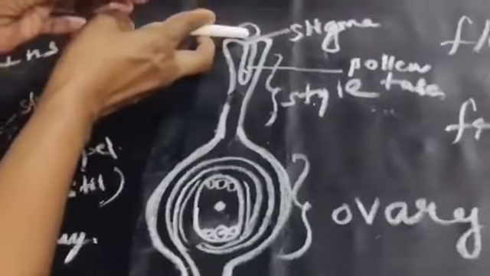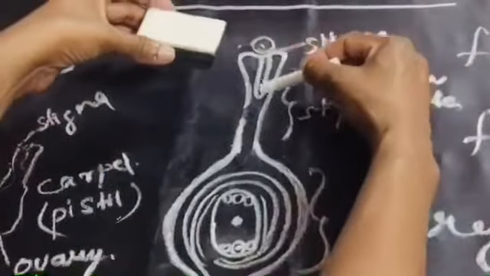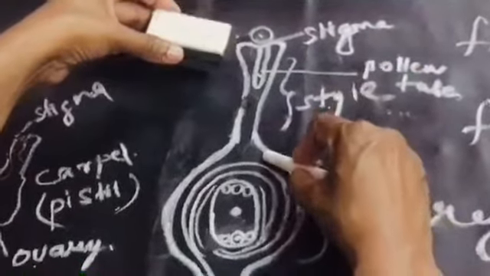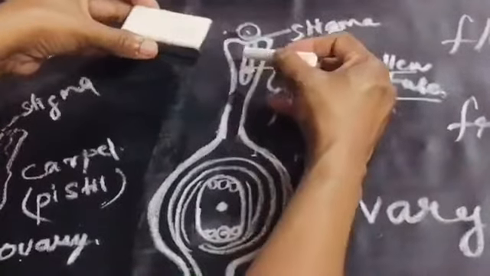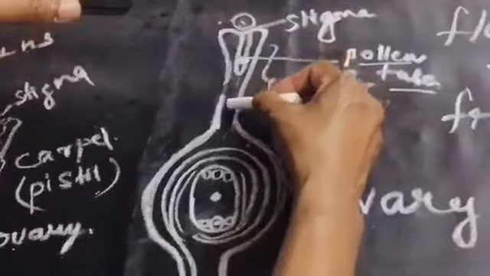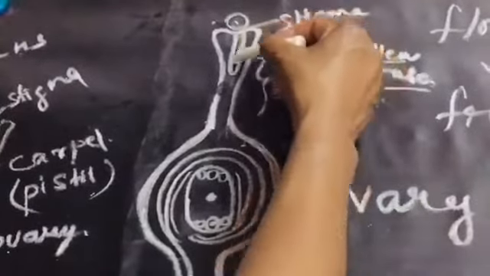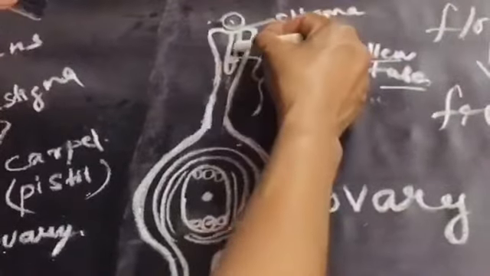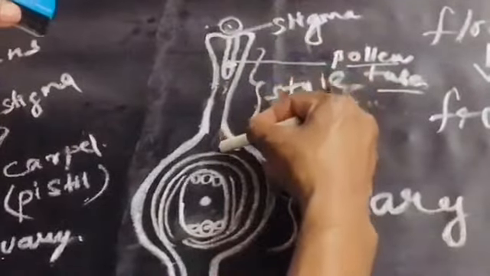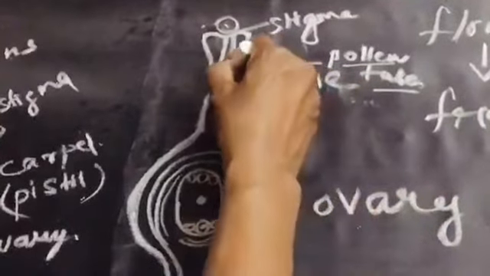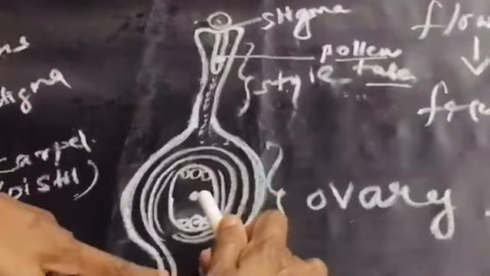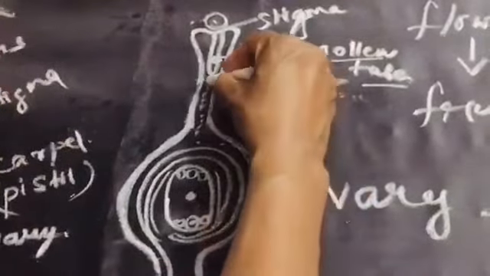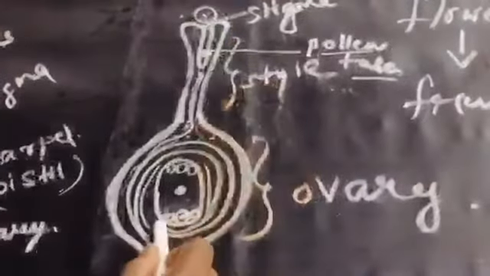So come back to this portion. The pollen grain grows downwards through the style in the form of a pollen tube, bringing the male nucleus, that is the pollen nucleus, downwards. This movement is by sensing a chemical over the style. The pollen grain grows down towards the ovary. See, this is the ovary of the carpel. The pollen grain grows downwards. What is seen inside the ovary?